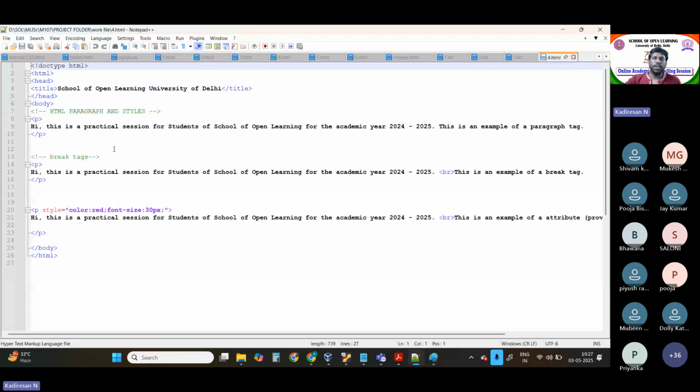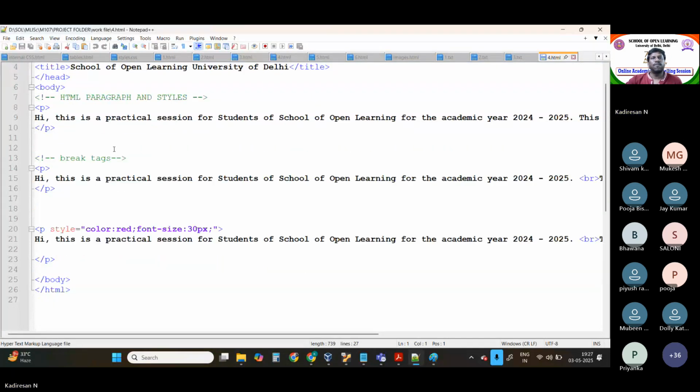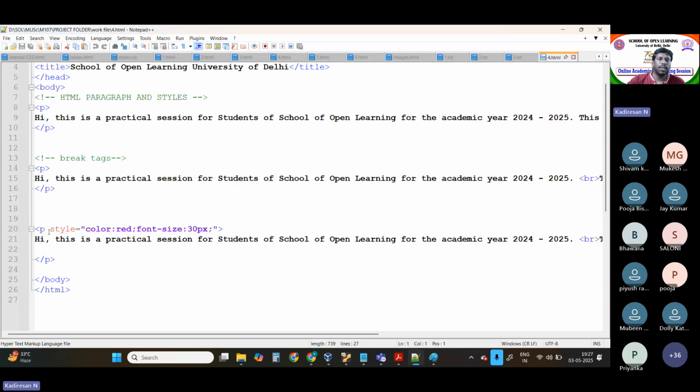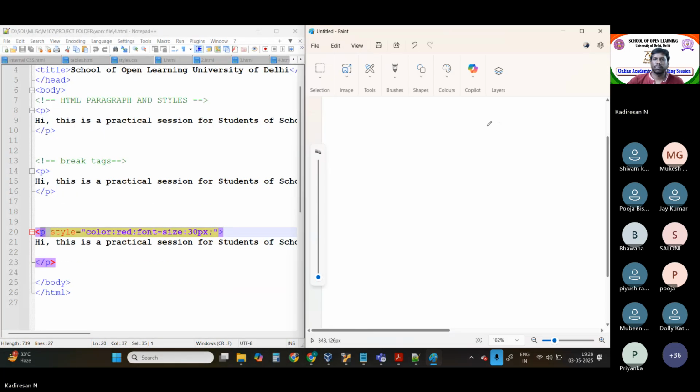Okay. Next, we are going to make some formatting options, style formatting. How we are going to make the style formatting? Here, this is called as the attributes. So what is this attributes is nothing but, for example, if I write a code HTML, and then if I write